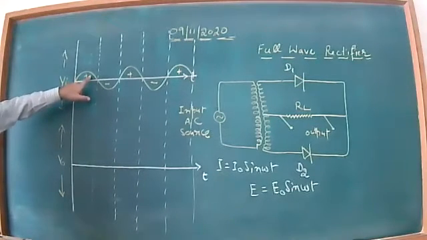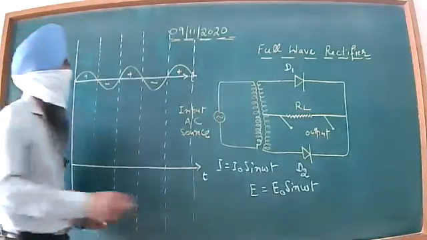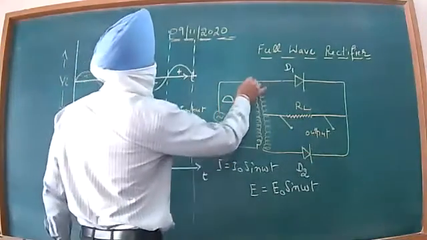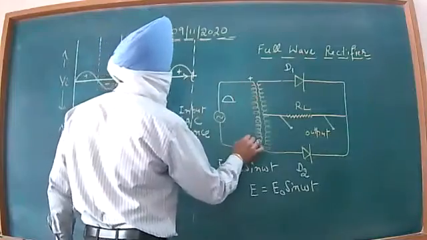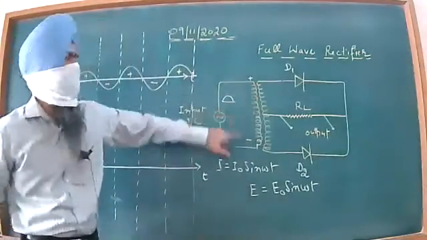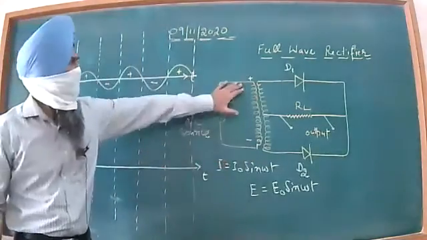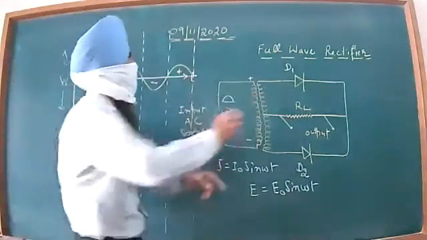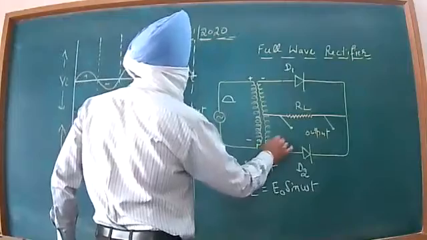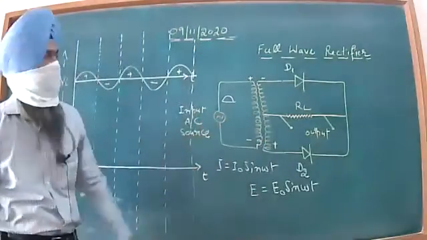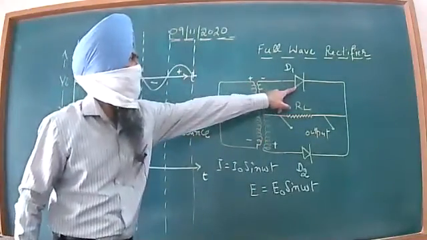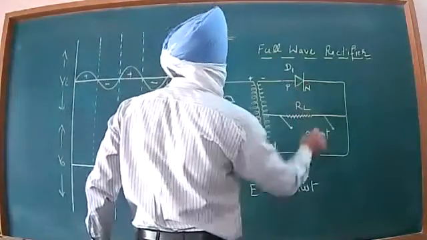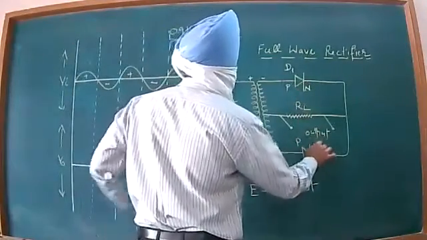During this positive spike, let us imagine that when we have this positive spike beta, then it will have this positive polarity, and this polarity as the negative polarity. Now beti, by induction, rather by mutual induction, here this will become negative and this is becoming positive. When this negative is connected to this P of the diode D1, this is P, this is N, again this is P, this is N.